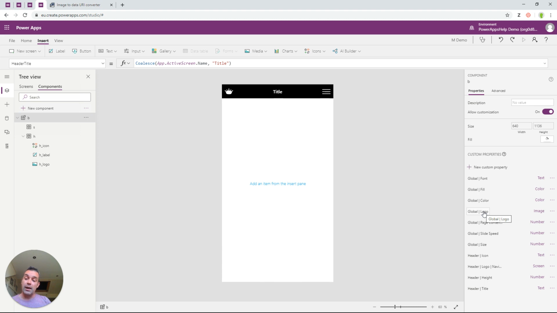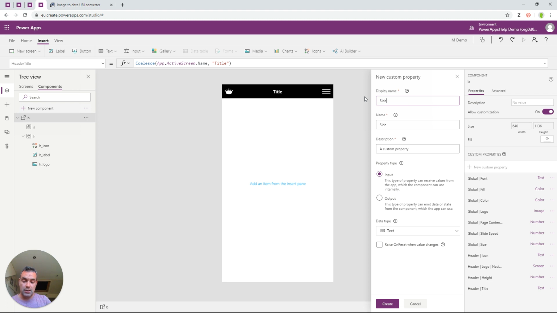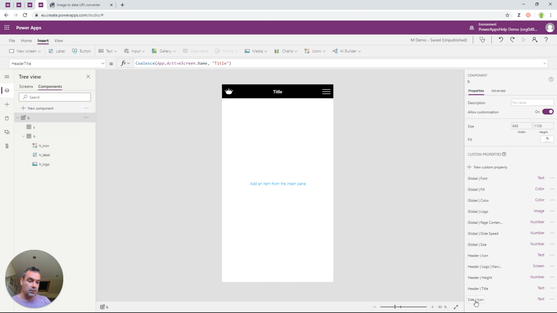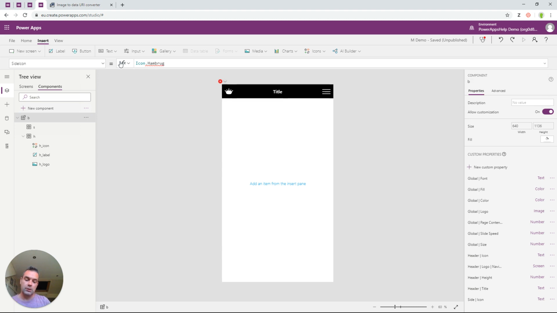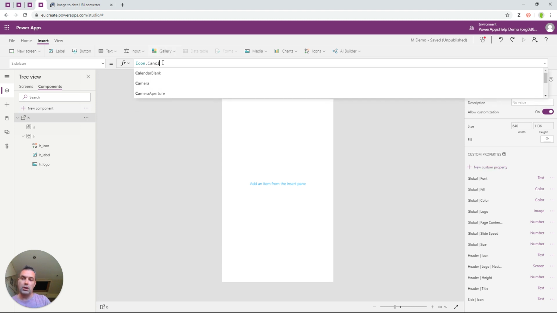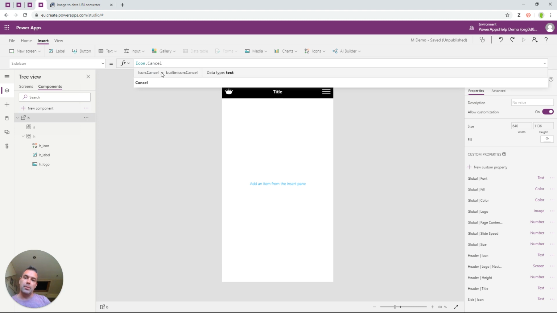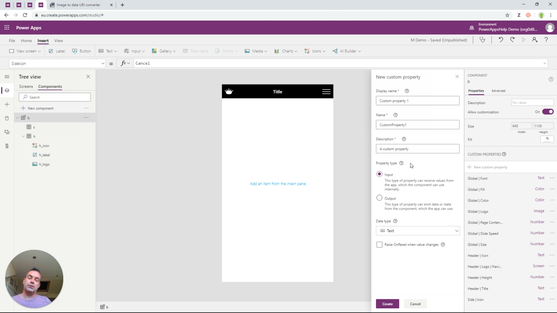We want to have an icon here, so let's add a side icon, and this is going to be a text property again, and the icon will be the icon hamburger. Oh, hamburger also, or no, because this is to close it, so let's pick the cancel in this case. And what we want, it should be a menu, so let's have the side